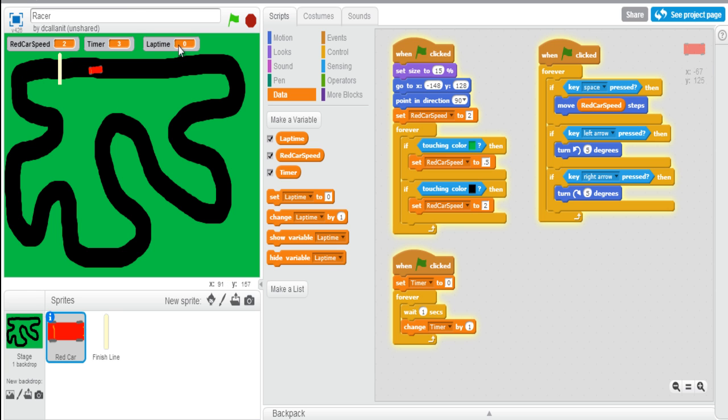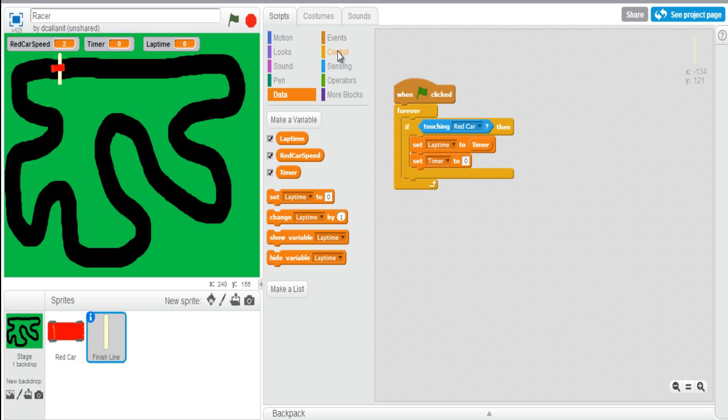Now you can see what happened. It did briefly change there, but then it went straight back to 0 because it's happening so quick. You can see it just flashes there. And to stop that again, we're going to have to use this idea of wait 1 second. And I'm going to put that inside